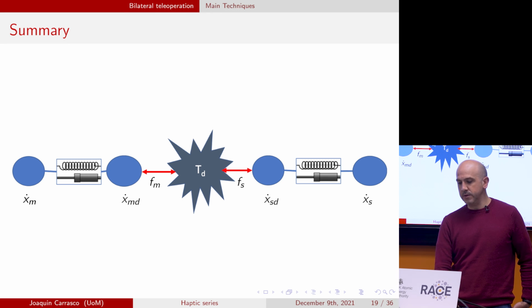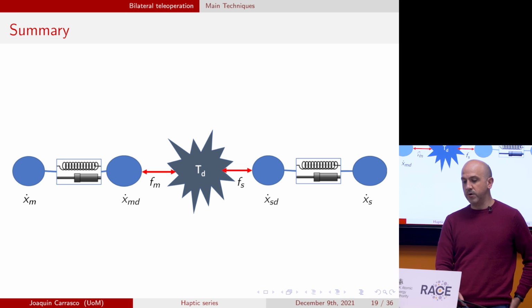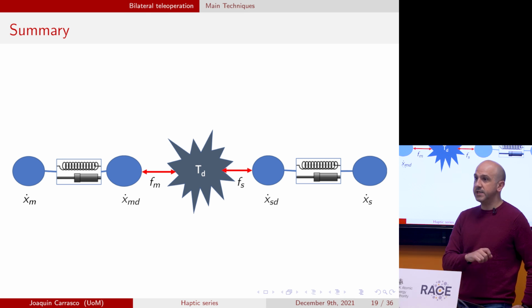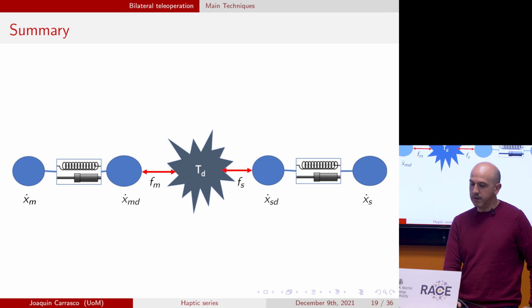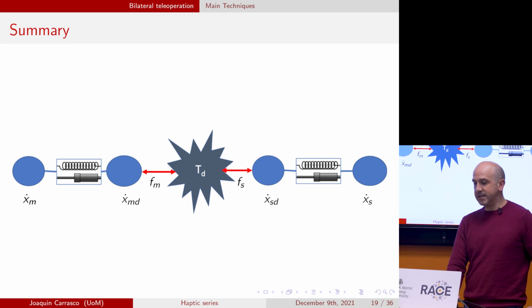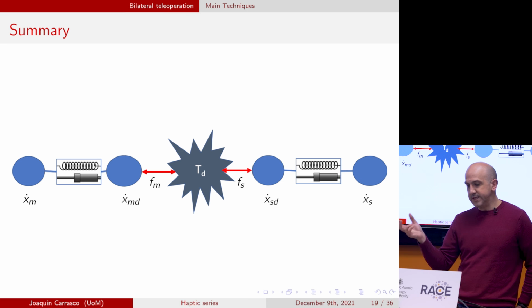When we are sending the information from one side to the other, we don't only use the force, we also use the velocity, and this is what allowed me to do the trick of keeping all these blocks in the passive interaction. Then on the slave side, or the remote side, I will have the same configuration,